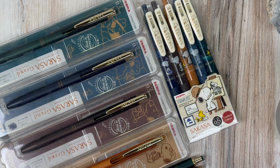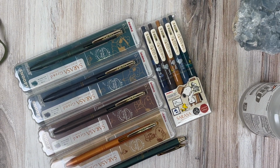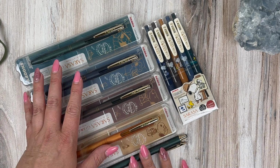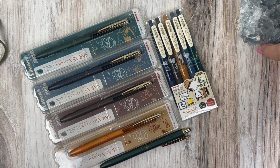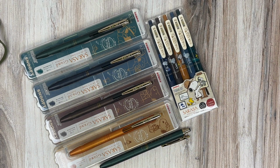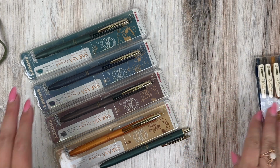Let me zoom out just a little bit. I feel like I'm a little bit too close. Okay, so this latest Snoopy Zebra Sarasa collaboration includes some really great vintage colors, and we've got the Sarasa Grand Vintage bodies and the regular Sarasa Vintage included in this collab. So why don't we just start with the